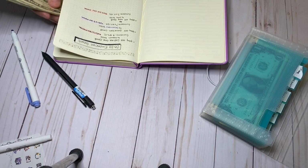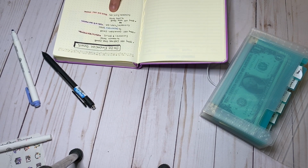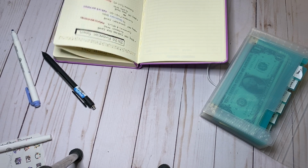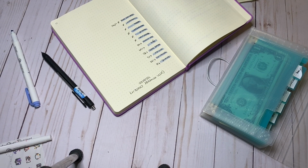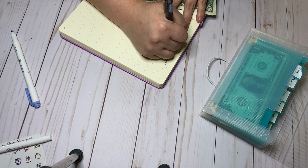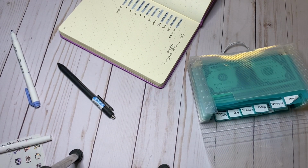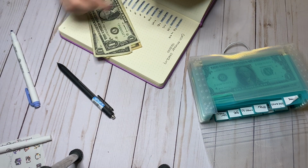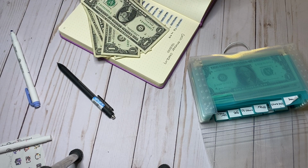Because one of my financial goals is to pay off our Visa card by July, I think I'm going to go ahead and put this money towards Visa next month. I'm going to take $3 of it and put it into Prime. That way, I know for sure I've got enough money in the Prime one. And then that leaves us with 10, 11, 12, 13, 14, 15, 16, 17, 18, 19, 20, 21, 22, 23, 24, 25, 26. That leaves us with